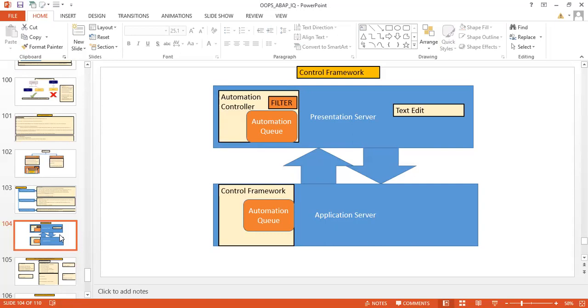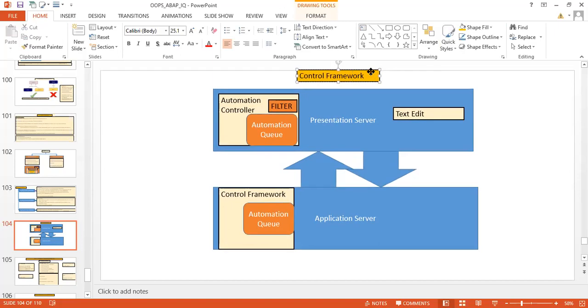But in order to understand those concepts, you need some basic understanding of the control framework. So what is this control framework and why is it required? Everything here in this world, in order to improve performance, whether it's the development of computers or mobile phones or aeroplanes or anything, is just to have a better user experience, right?